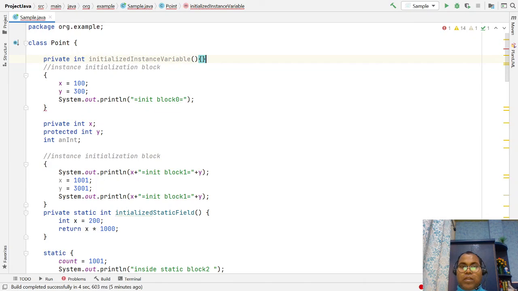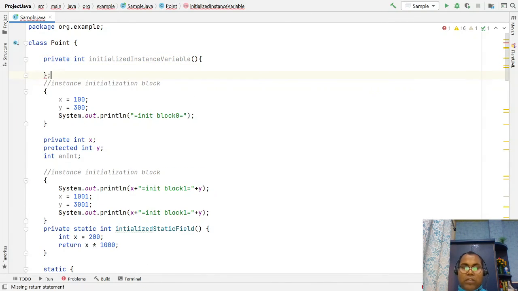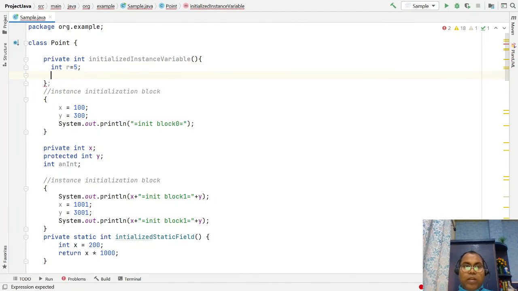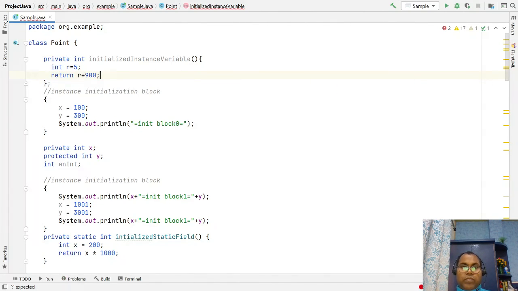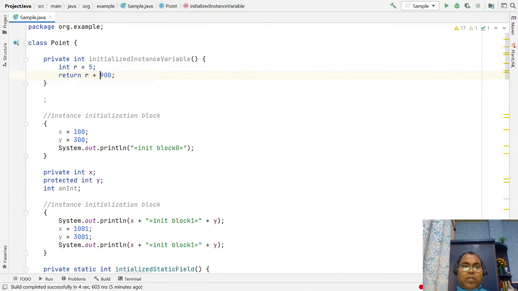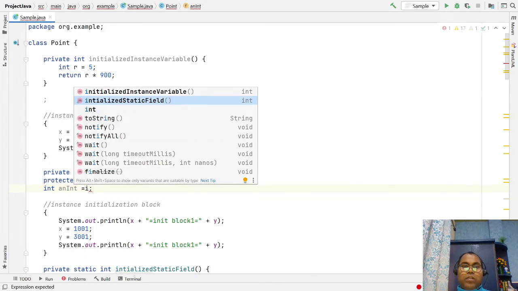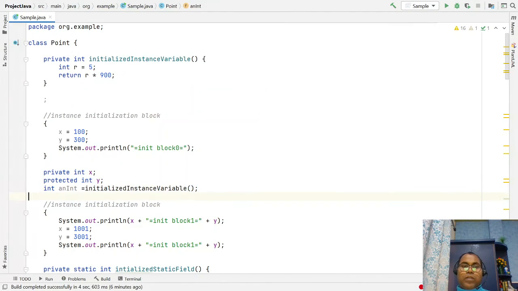Depending upon the logic, let's have an integer r equal to some value, and let's return r multiplied by 900. Any business logic you can write, and now you can initialize the variable I want to initialize. So here you can write your initialized instance variable. Okay, and now you can print this value as well.